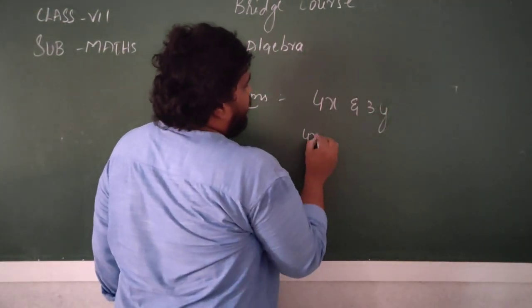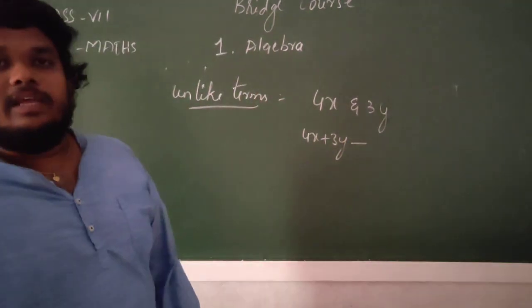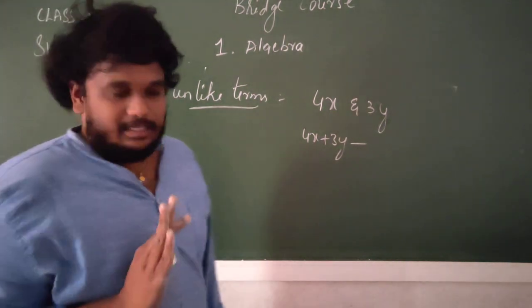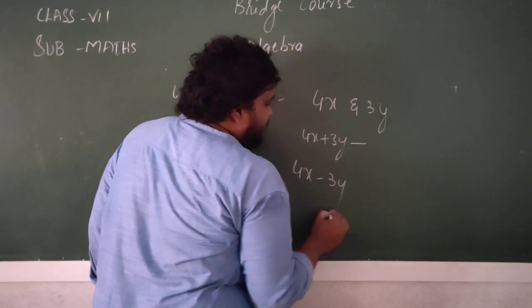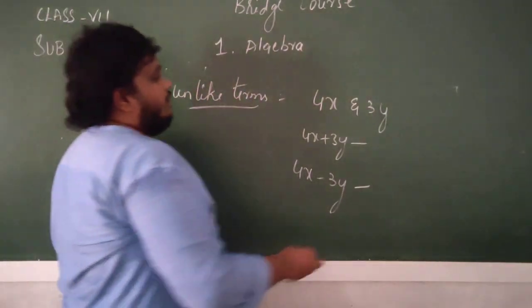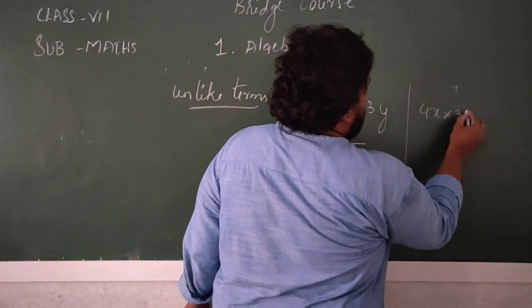If I want to add 4x plus 3y, they remain as they are. There will be no more calculation for that. Now, if I want to subtract 4x minus 3y, then also it will remain as it is. If I want to multiply 4x into 3y,